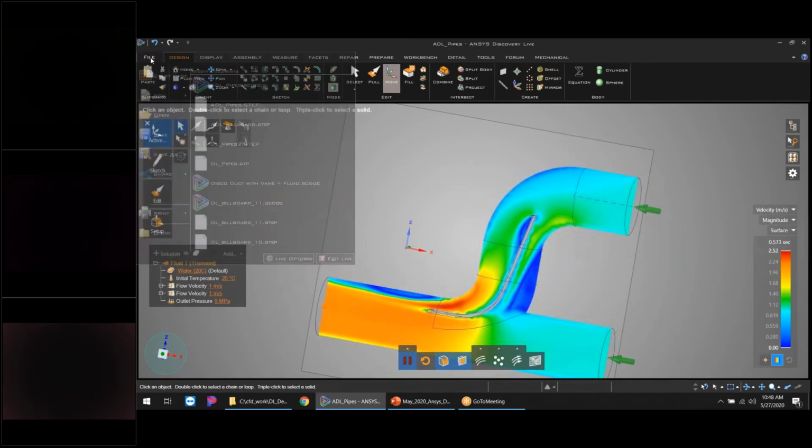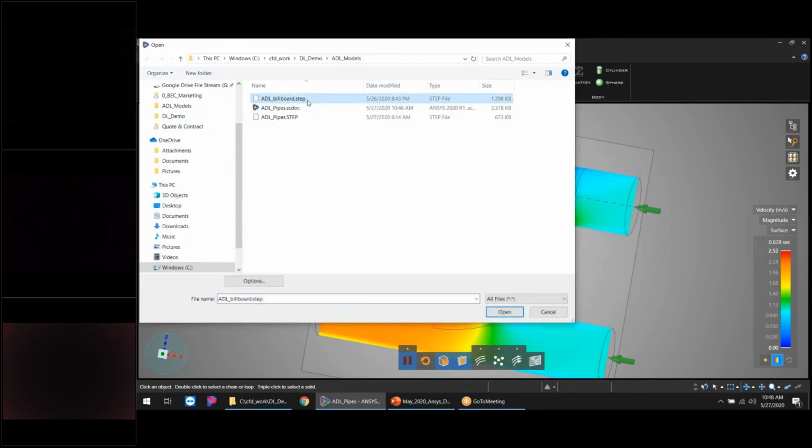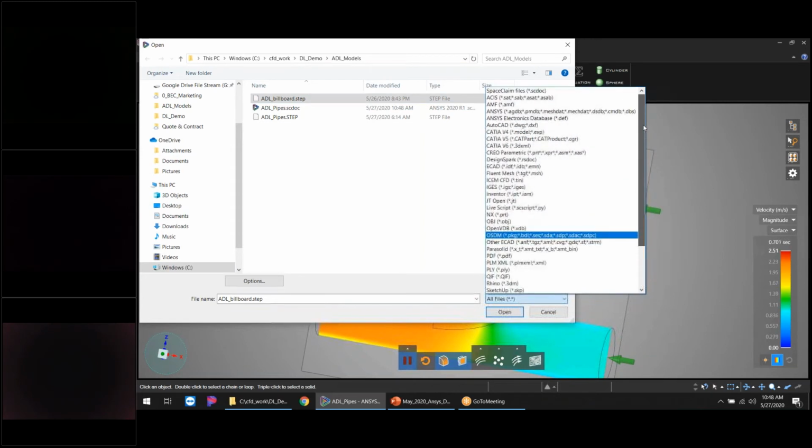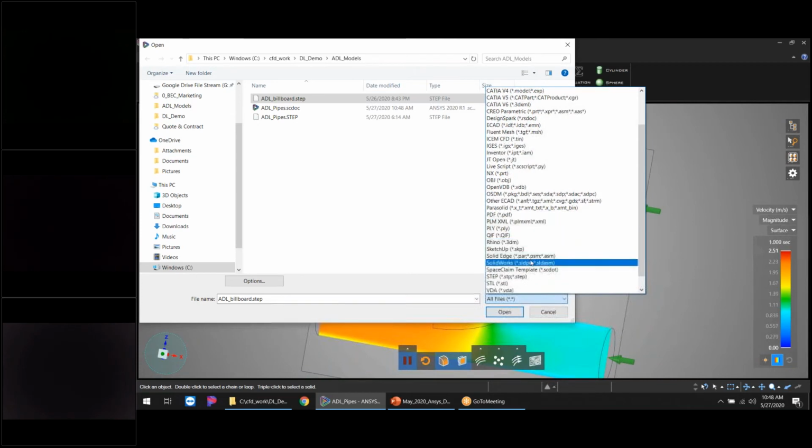The other example that we do in fluid dynamics that represents a lot of the work is the external aerodynamic application. So I'm just going to hit open here, and you can see I've got my step file. This works with literally any single CAD tool that you use. So if you are in CATIA, I'm in Creo, I'm in ECAD. If you want to import some of your electronic CAD files, I can get my IGES. Some old school, I'm in SolidWorks, Solid Edge, you name it. So this can automatically import any of those.